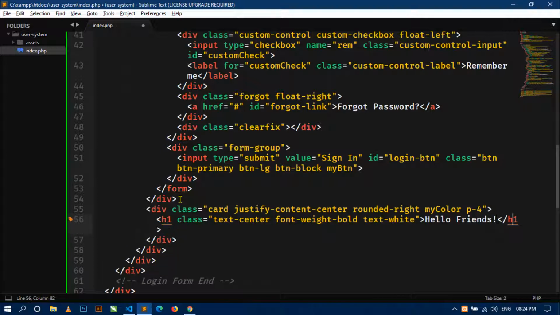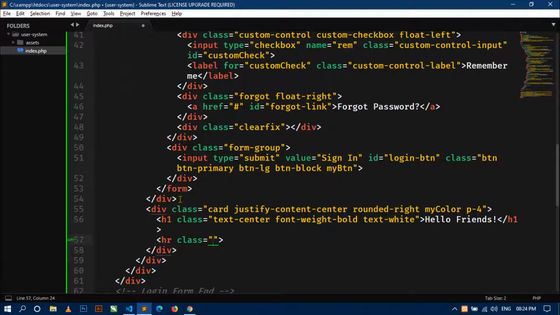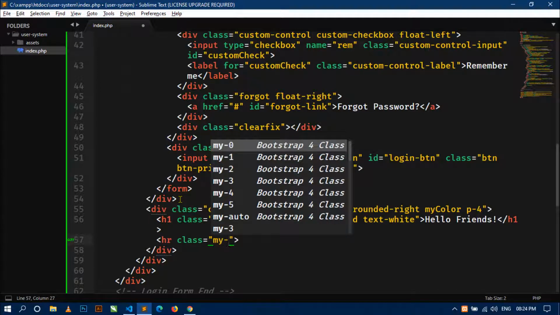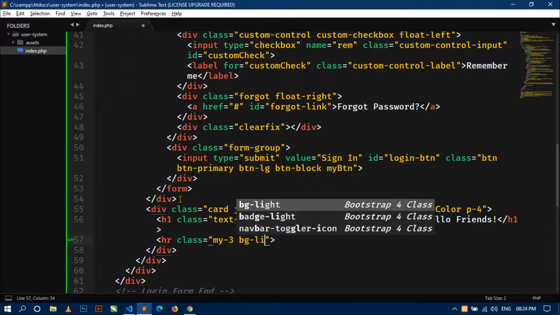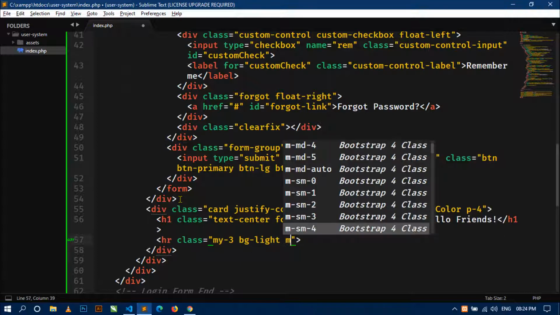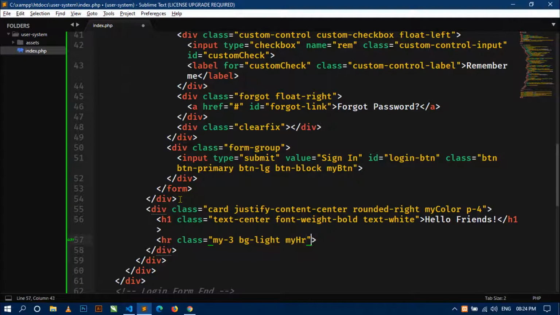Hello friends. Okay, now just below this h1 tag I will use hr and use some bootstrap classes, margin top and bottom 3 and bg light, and I will use some custom class myhr. Okay, and I will define it later. Now next what I will do is